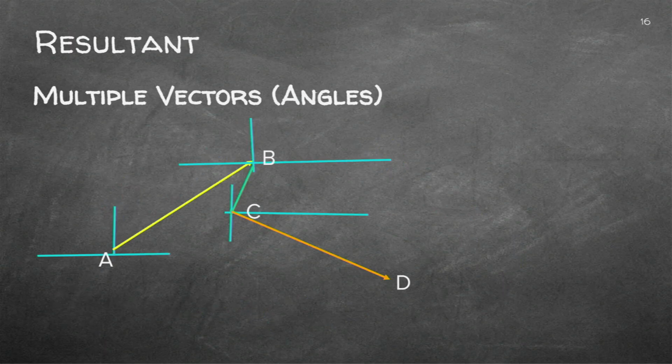We can also find more than two. I've got vector A. It's pulling that way. Can you see? We can indicate here that was the angle. It is then pulling from that side down to that way. And I've got the vector there. So I've got a vector there, and I've got a vector there. And CD is there. Do you see the three vectors?